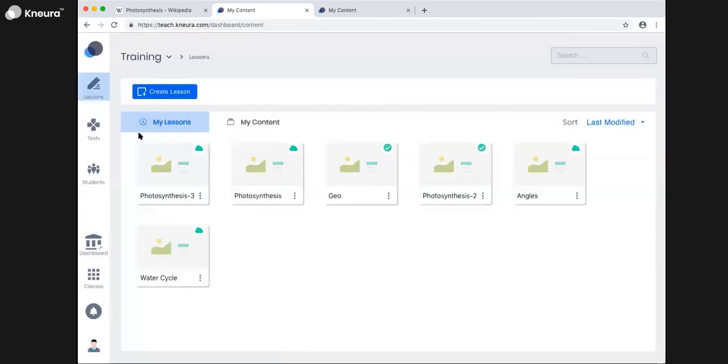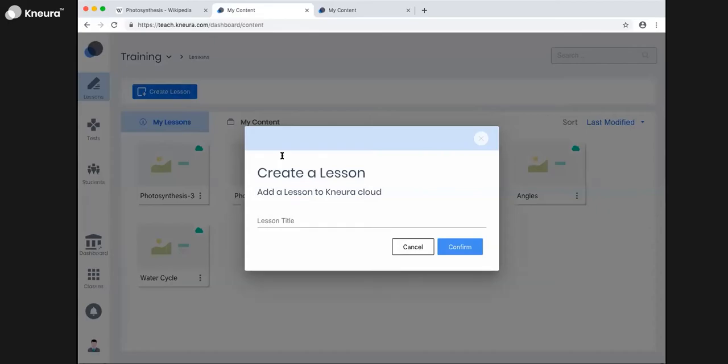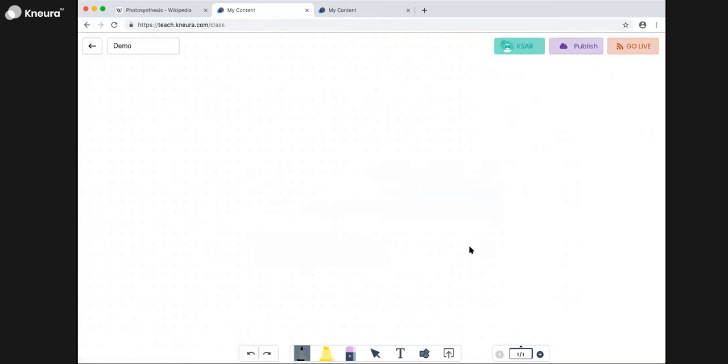So you select whichever class you want to, then you will notice that all the lessons that you had created, you remember Neura can also be used as a content authoring tool. So all the content that you have created is already available in the same tool. You don't have to use multiple tools to create it and use it. So if you want to create, just click on this, let's say. So you will see the content authoring tool here.